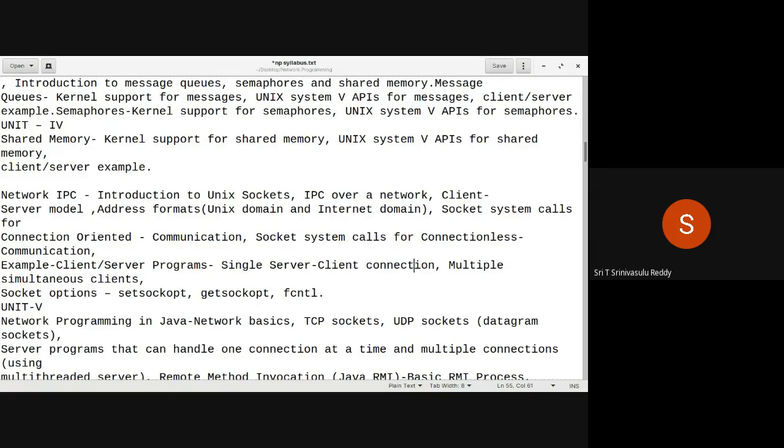Whereas a concurrent server accepts new connections from the clients on the socket, and simultaneously it is also capable of doing the required service for other clients. So that is the concurrent mechanism.